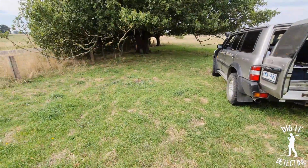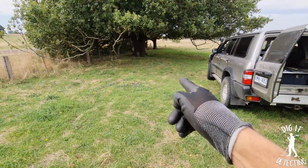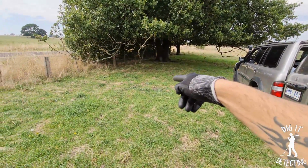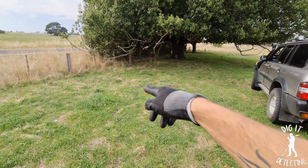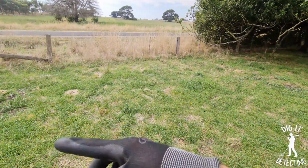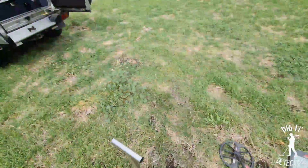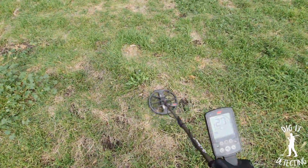Okay, there's the car, obviously. We started, walked around the car, walked around the front, got the little silver penny, walked to here, got another penny, a Commonwealth penny behind me. Walking over here, just beside the car, as you can see,